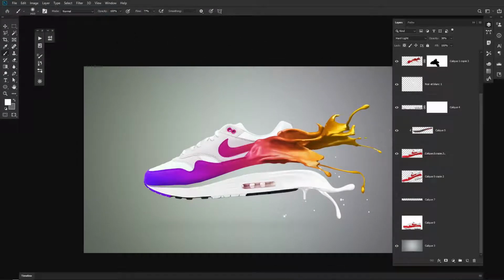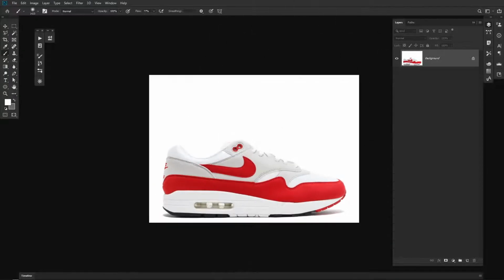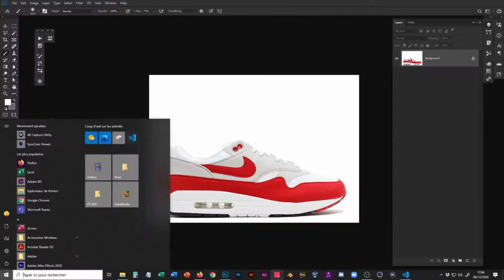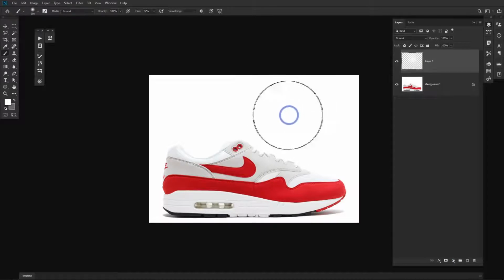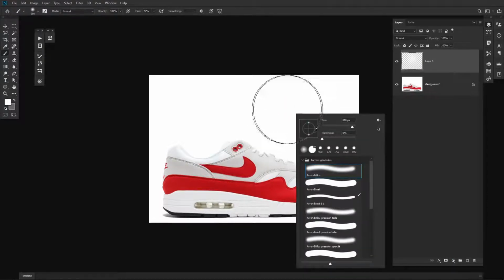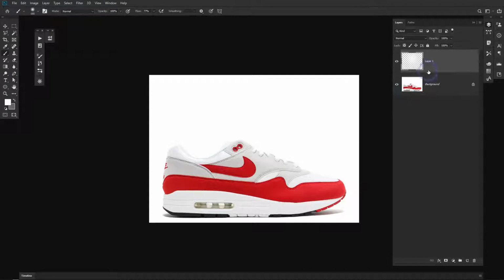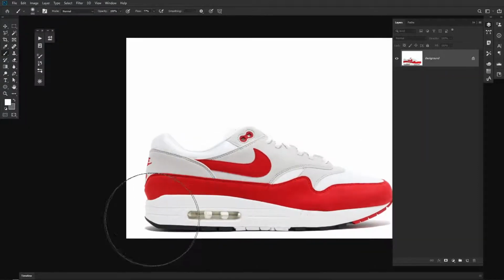So the first thing is to open this element in a new document. I just drag and drop this Air Max photo onto the top bar of Photoshop. I'm just going to set up my tiny element so you're able to see my clicks. My left click is going to be blue and my right click is going to be orange. So the main tool that I'm going to use to make the cutout of these sneakers